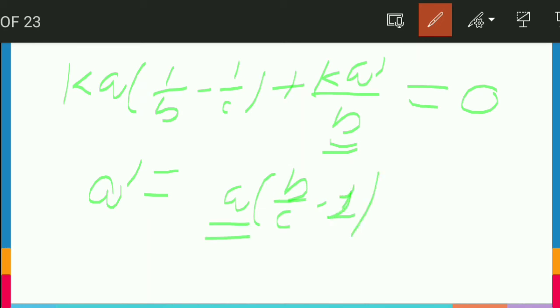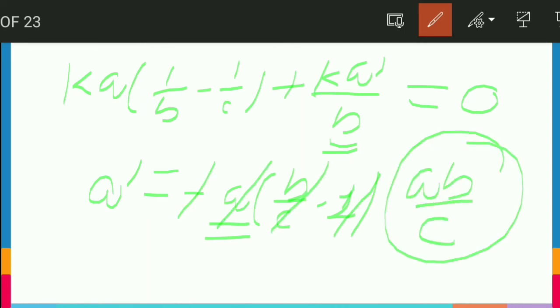And friends, please check whether it is positive or negative. It should have a minus sign, so that it will give us a net of 0. Sorry friends, I have written it wrong. It will come q times b by c, and I have used the charge properly, because if it comes negative, it will not cancel, it will just add up. So we have to finally cancel out, so it has a final charge on the b.